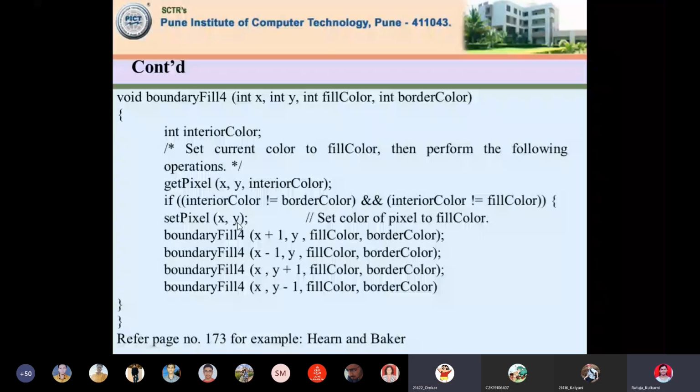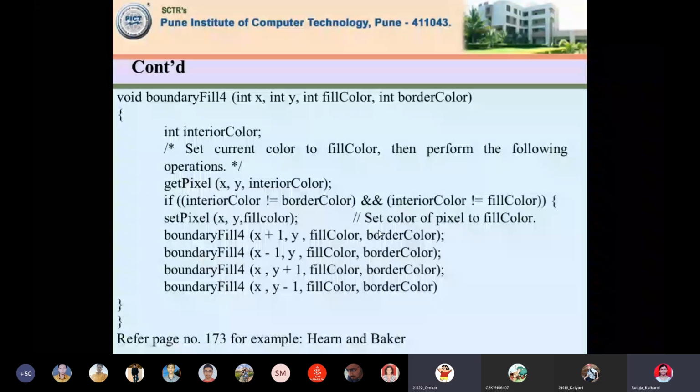Any other doubt in the recursion? Means any problem? This is a very simple algorithm. We just first need to fill the right part of the pixel, then the left part we are going to fill. We are going scan line, means line by line we are going to fill it.